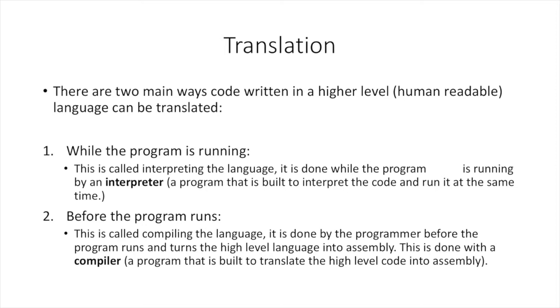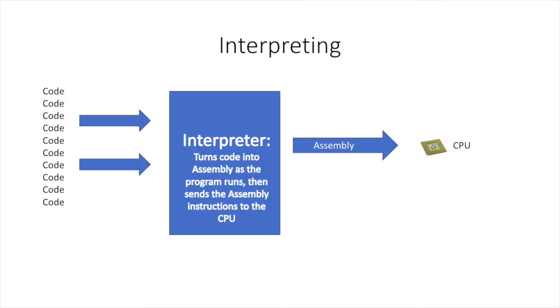The compiler looks over your entire code and translates it, and then it gives you what's called an executable file, which is basically a file containing all the assembly language instructions that are your program. So conceptually, you have some code in your high-level language on the left here, and